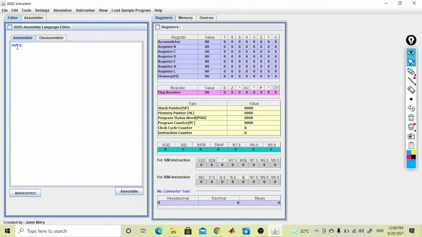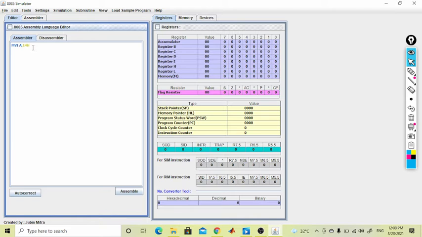Suppose 14h. You all know hexadecimal 14 is equivalent to 20 in decimal. I will show you after some time by writing this program. MVI A, 14h means we are giving a command to the processor to move immediately 14h to the accumulator.